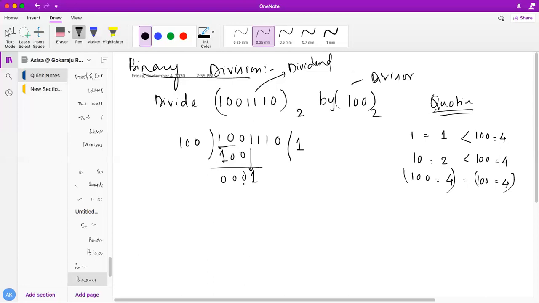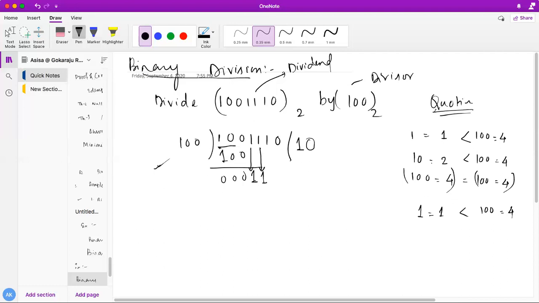If you perform subtraction, then what you need to do, you have to drop down a single 1 over here. If you drop down a single 1, please try to understand, it's a very important thing I'm telling. You may forget this thing, but it's important. So the new dividend will be 1 here. What is the decimal equivalent? 1, which is again less than my divisor, which is 4. So I have to drop down one more 1. I have to put a 0 in the quotient. I will be allowed a single drop down only. If you are dropping down an extra 1, then I will have an extra bit, then I will go for another 0 at the quotient actually.